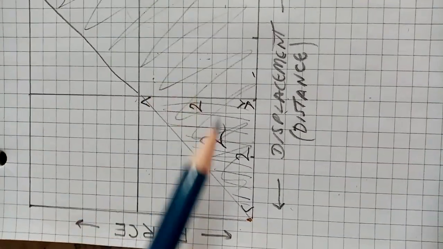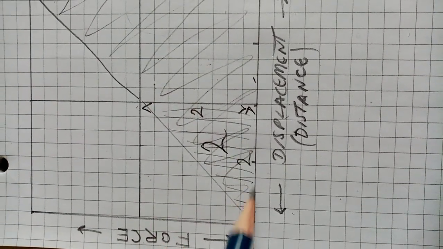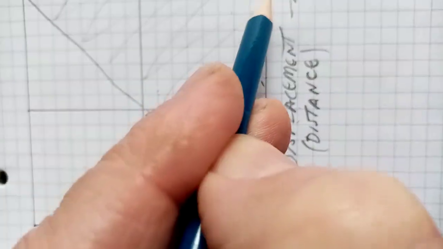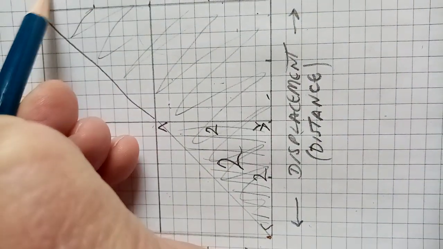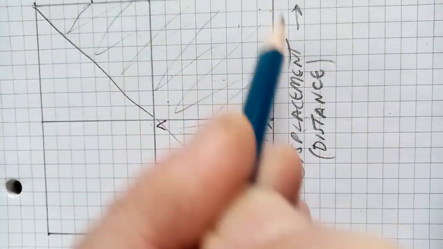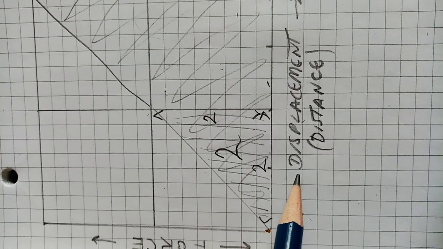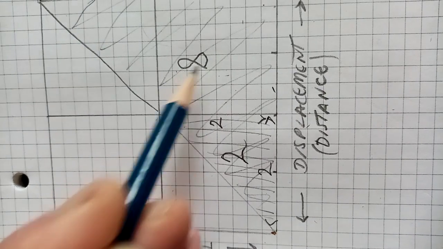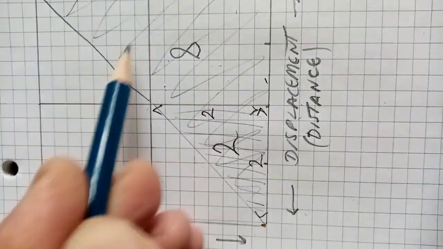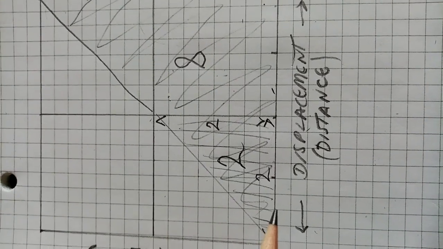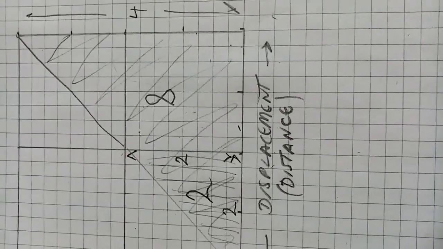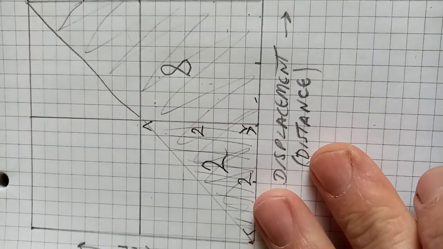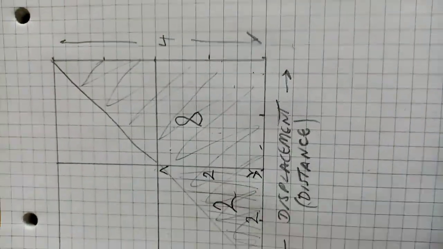Well, let's try that, shall we? So this one was a length of 2, so this one's another 2, we can say. So that's one length here is 4. So this would be 4, this side here. So 4 times 4 is 16. Half of 16 is 8, you see. That's where the 8 came from, Gary. That's how you find the area of this big triangle. Okay? I just thought I'd show you that, because that's going to be very useful for you to know basic things like that. The main point of this video is